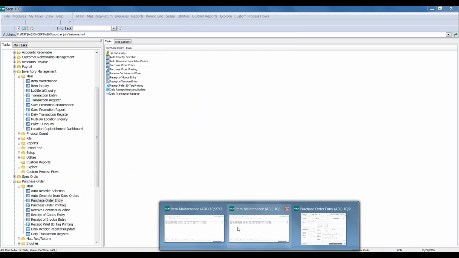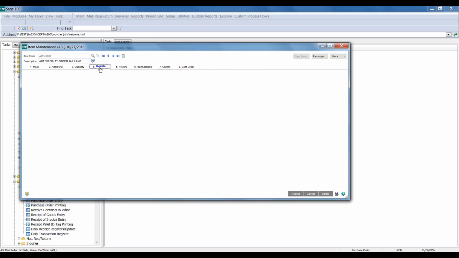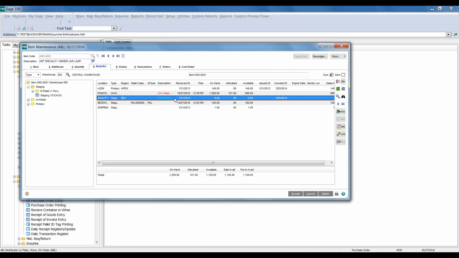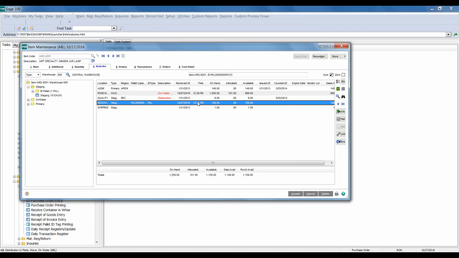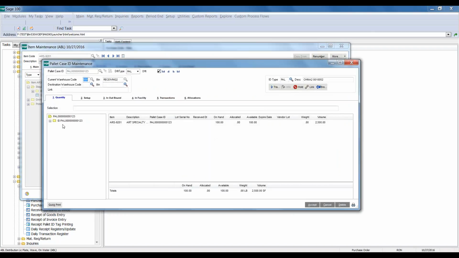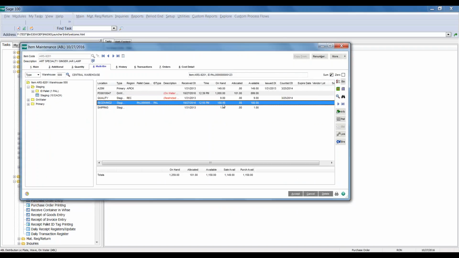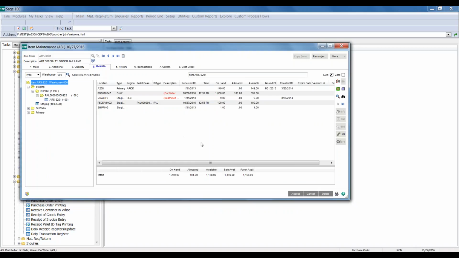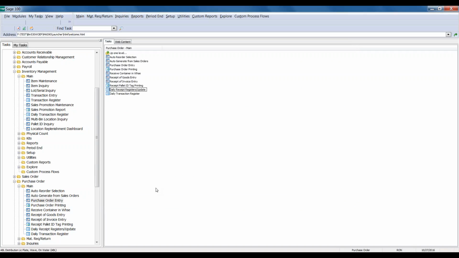So if I were to go back and look at my inventory, I can see that I have now goods in my receiving dock, and it's a pallet in this case. I can drill down into that. I can see that that's a given pallet out there with my inventory, 100 pieces, and I have the normal typical view in our multi-bin warehouse management system for that inventory. Okay, so let's go about